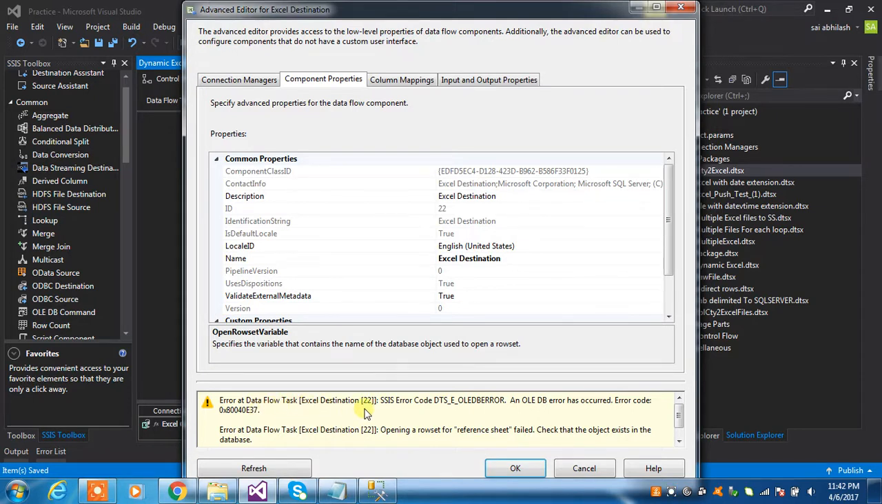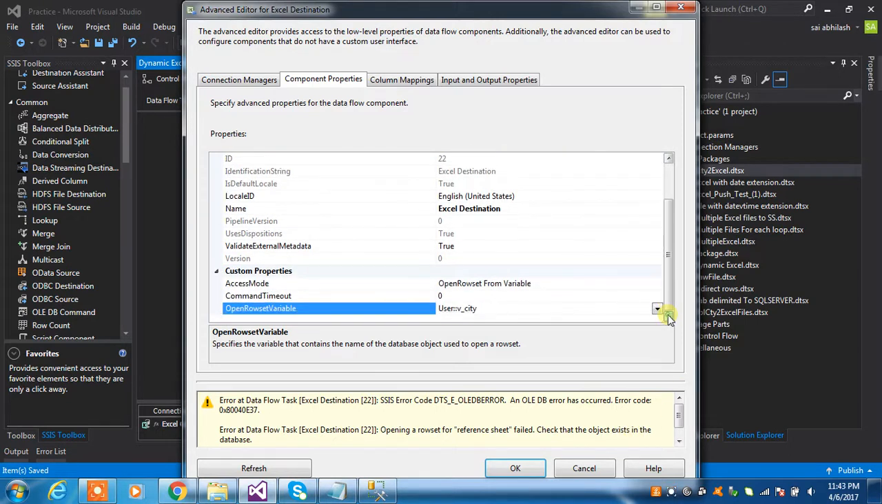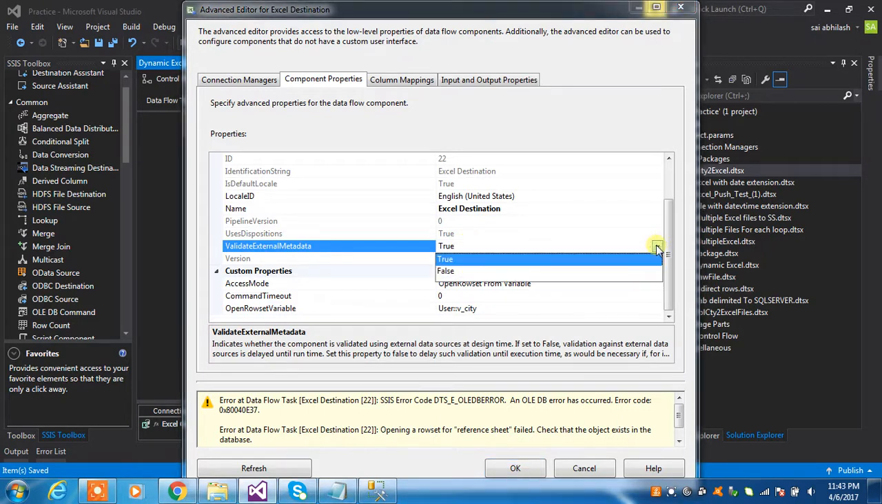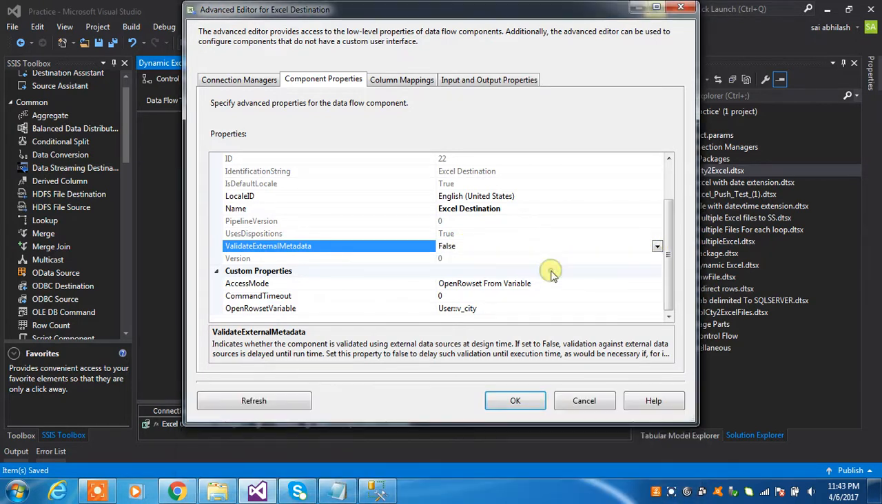Error at data flow task, an OLEDB error has occurred. Opening a row set for reference sheet failed, check that object exists in the database. So what we need to do is set validate external metadata to false. If it is set to true, it will validate the metadata whether it exists or not,